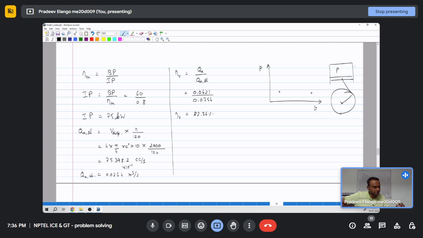So from TDC, the valves are open, the piston is moving downwards and the intake valve is open, so air is coming through the intake valve. During this time the pressure inside the cylinder will drop a little below atmospheric pressure, and then it reaches the BDC. At BDC the piston velocity will be lower, and because of that the pressure will again equilibrate. This can be represented by a line like this, and during compression the pressure will keep increasing,